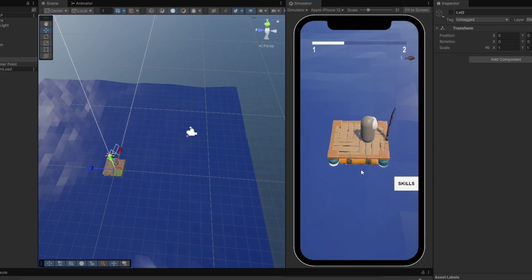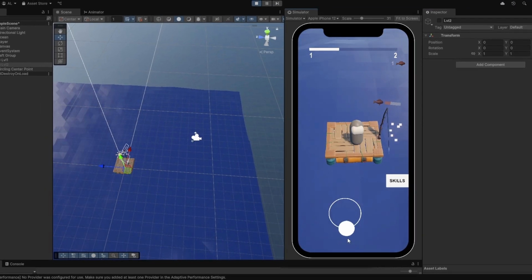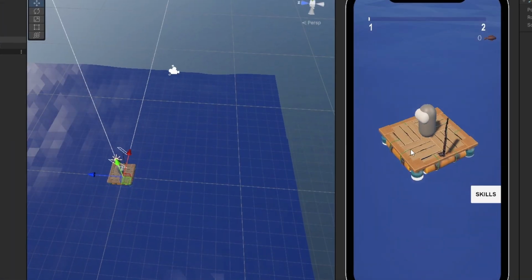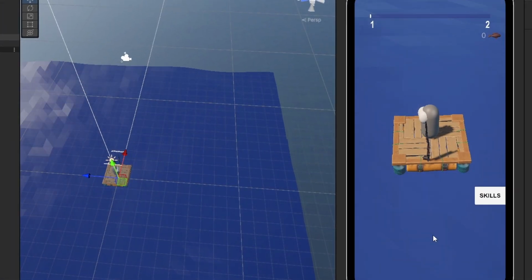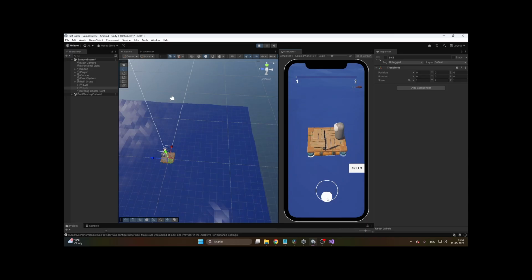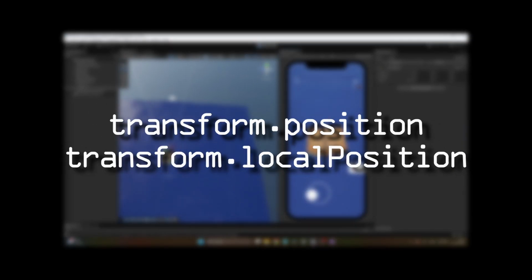If we look around our raft and right after that try to move our player, it looks very weird due to perspectives, because we're looking at the player from the right, moving the joystick up, and we would expect him to also move up. But I guess it just doesn't work like that. I think this is the difference between transform.position and transform.localPosition, but don't take my word for it,